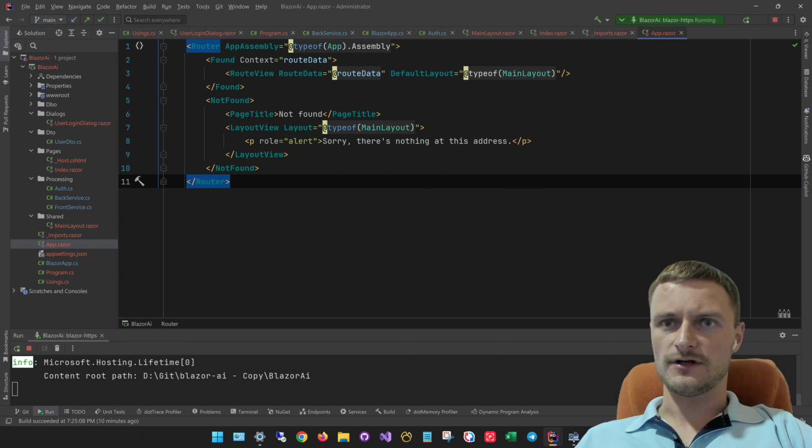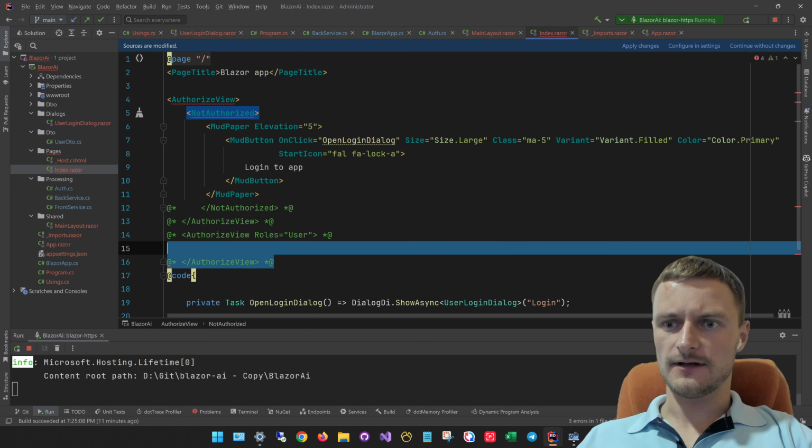Next, what we have to ensure next. Here we have the App.razor, and here we are going to wrap this router into the component called CascadingAuthenticationState. We need that just to ensure that our front-end components will work as expected. Okay, so we have done that, and we have some pre-setups here, so we can finally uncomment and run some code